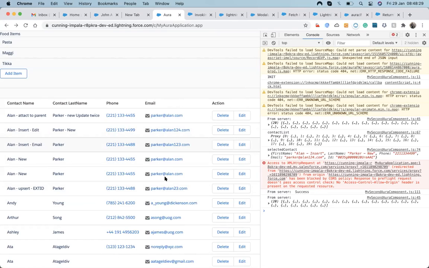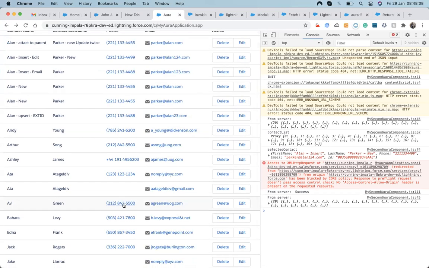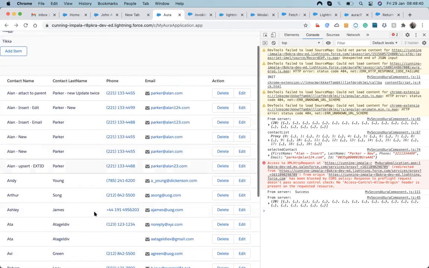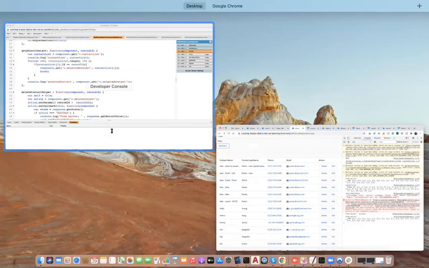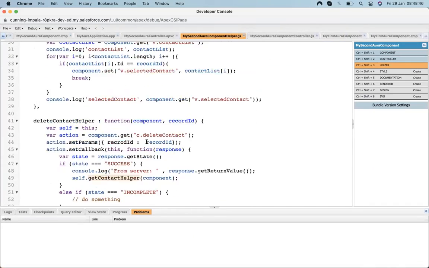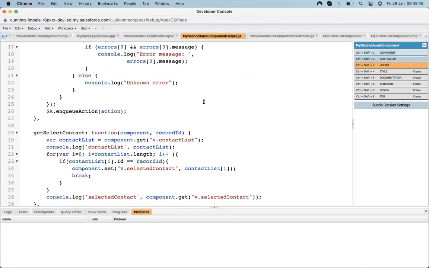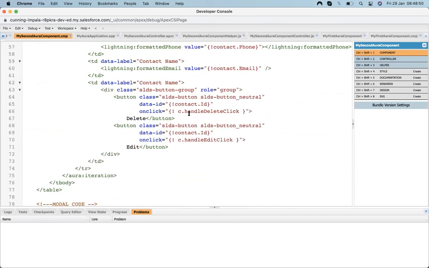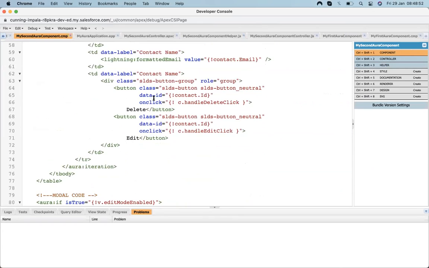Okay. So this is how we work with the actions, meaning how we edit a record, how we delete a record, and how we work with the records inside the Aura components, how we declare methods, how we use the methods, and these kinds of things, how we work on the list of items. We have also learned how we get the ID from the selected row.